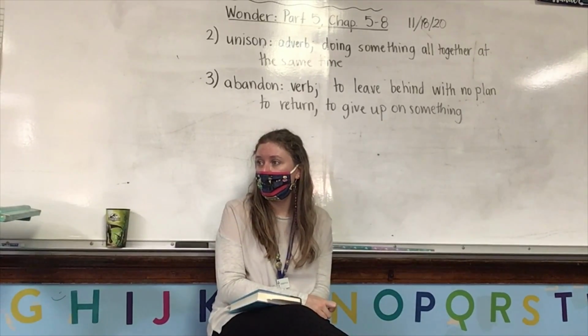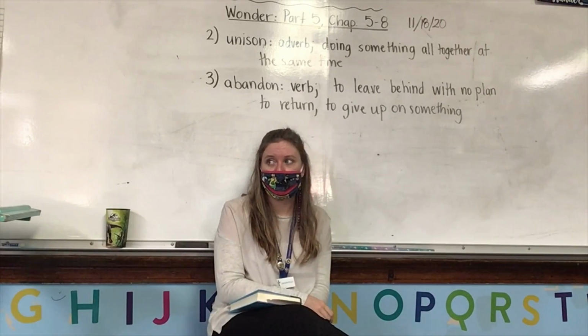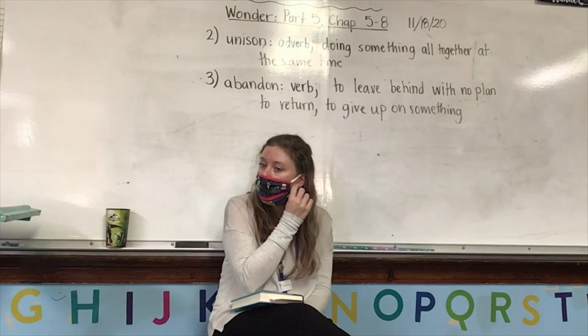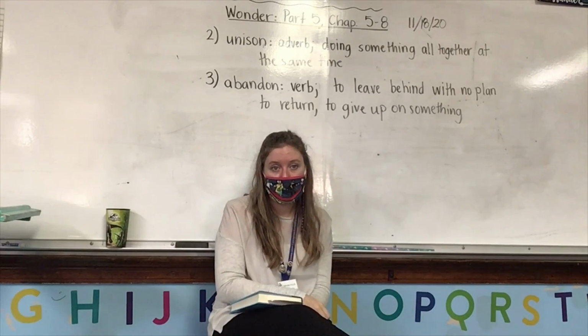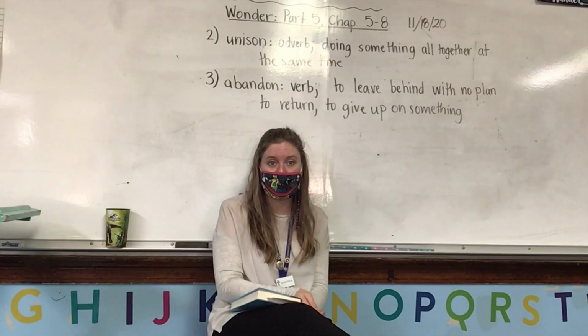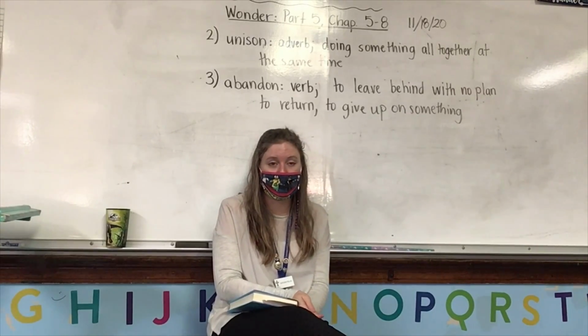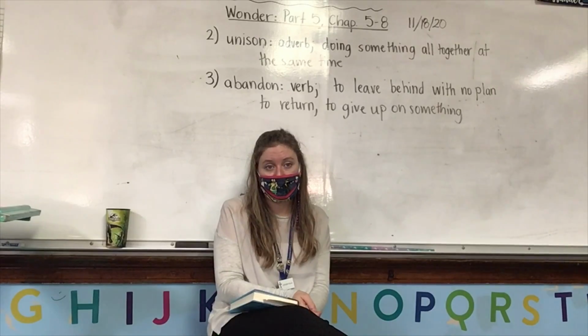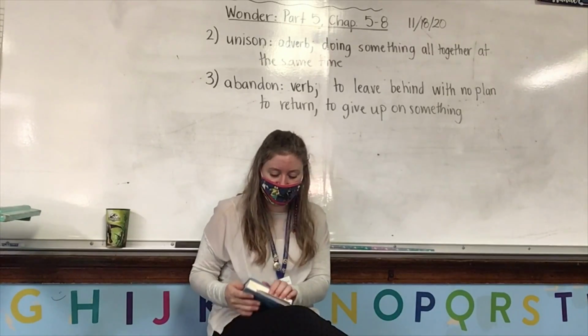For protection. But Jack is willing to do what? Just to be friends with August. He is willing to put up or stand up for August. And what happened? So he's willing to do what? What happened because he said, I'm going to be friends with August no matter what? He lost the rest of his friends.